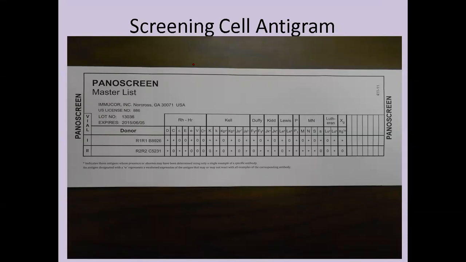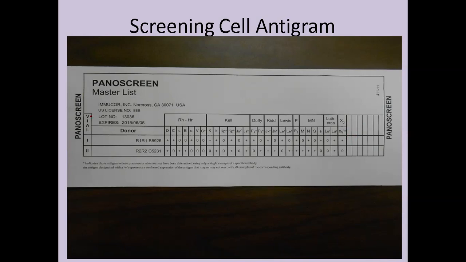And this is an antigram of screening cells that I used a number of years ago. Let's use the example of our last example where the patient had anti-big E and also anti-big N. Going after the fact, considering the patient had those 2 antibodies, do you think they would have reacted with cell 1? Well, there's no E antigen. However, there is N. So we would expect to see reactions due to their anti-N